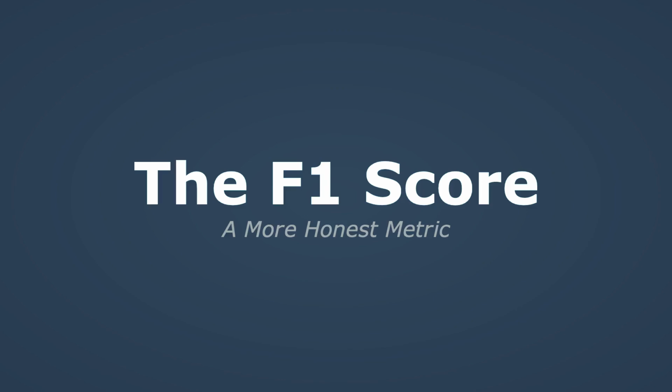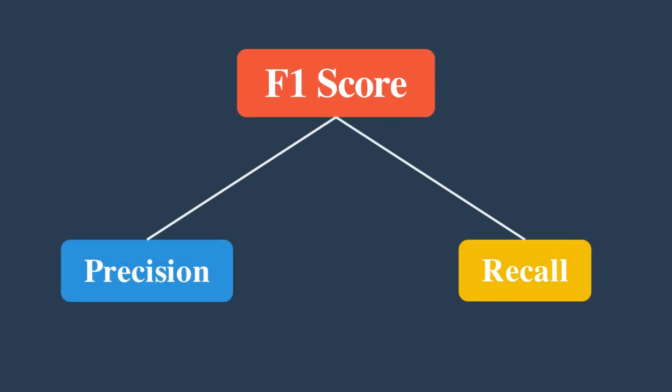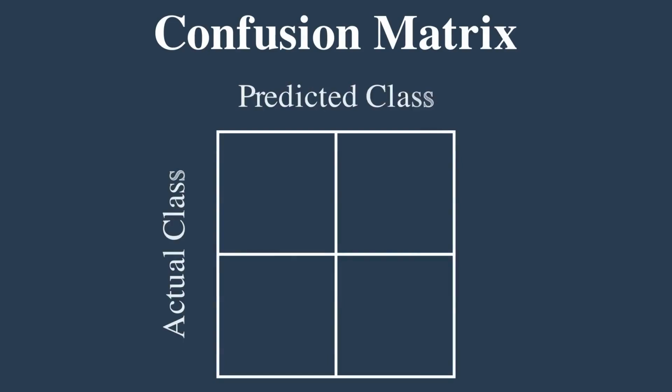purpose. Accuracy can be a liar, so today we are diving into a much more honest and robust metric called the F1 score. To understand the F1 score, we first need to master its two building blocks, which are precision and recall. And to understand those, we need the confusion matrix, which shows where our model got things right and